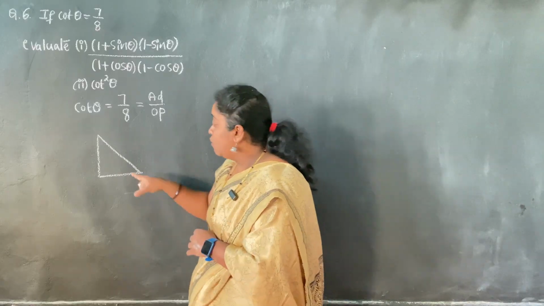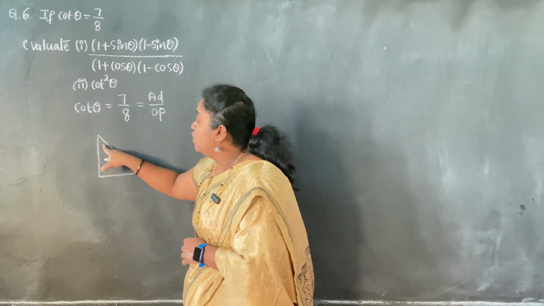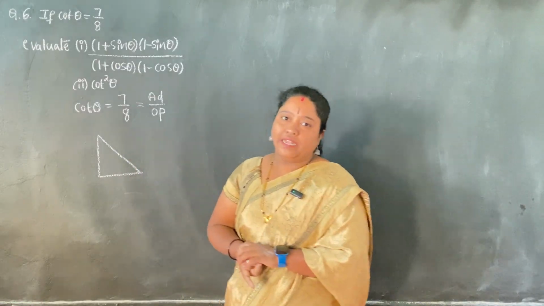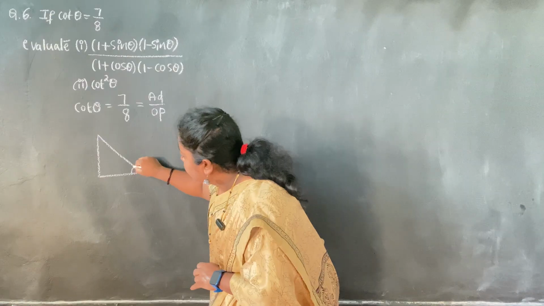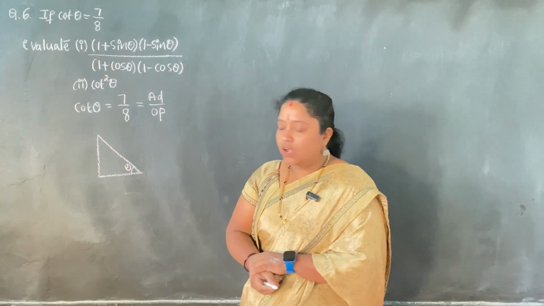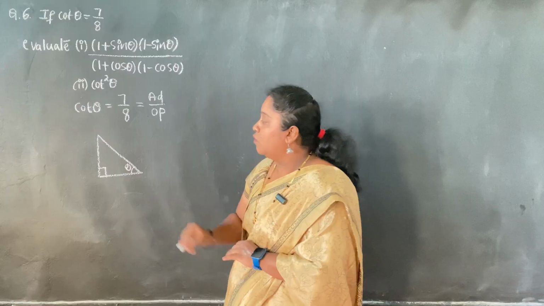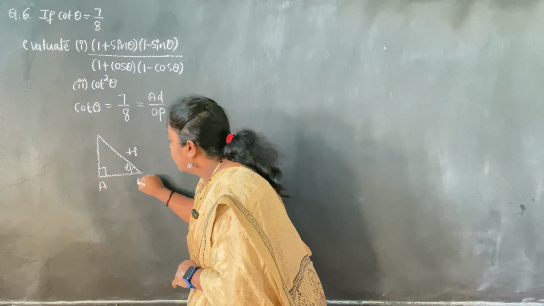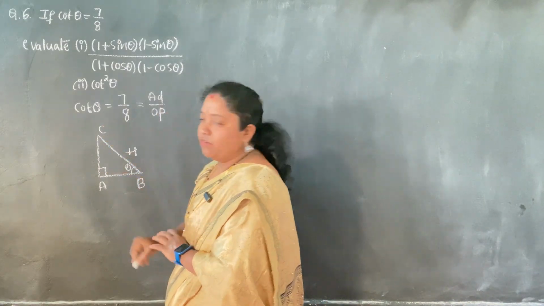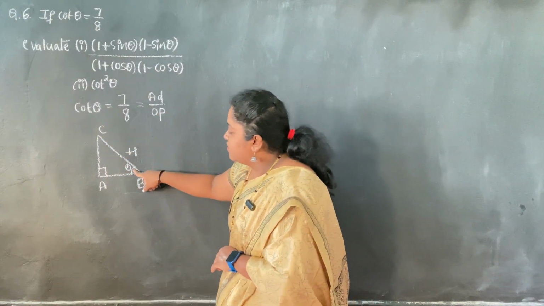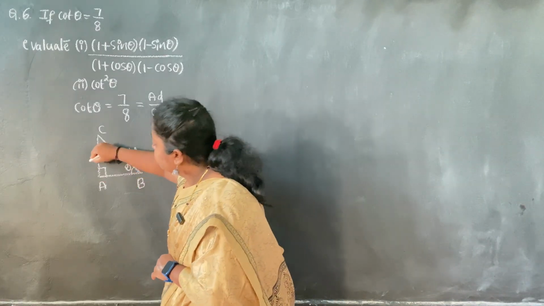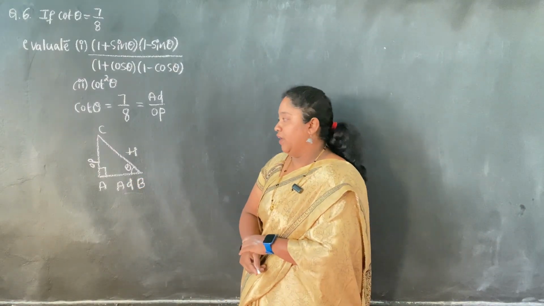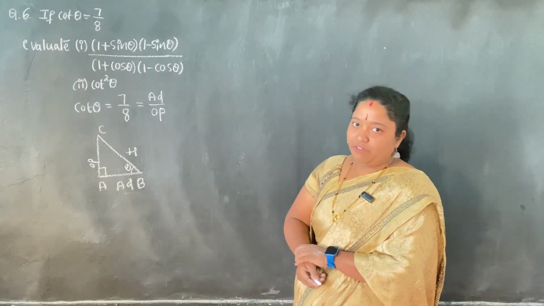Now I already told you theta can be considered any of these two, because trigonometric ratios can be applied only to acute angles of right angled triangle. Now same thing, I'll be considering this angle as theta, okay, and this will be the 90 degree, and you know the side which is opposite to 90 degrees is considered as hypotenuse. I'll name the figure as ABC for our convenience, okay. Now with respect to theta, this side will become opposite side and this side will become adjacent side. Yes or no, dears? Fine.